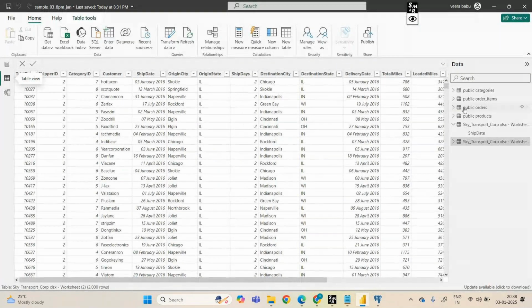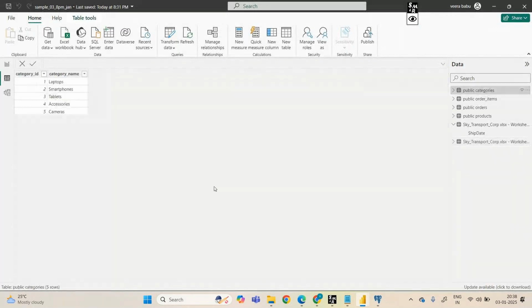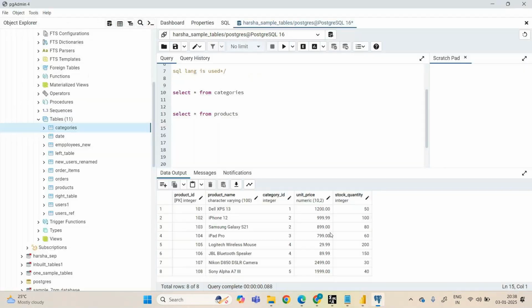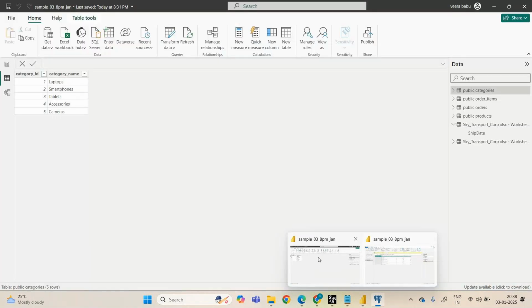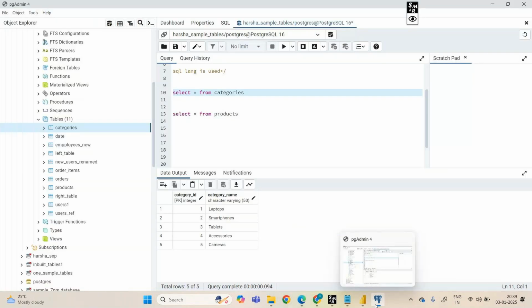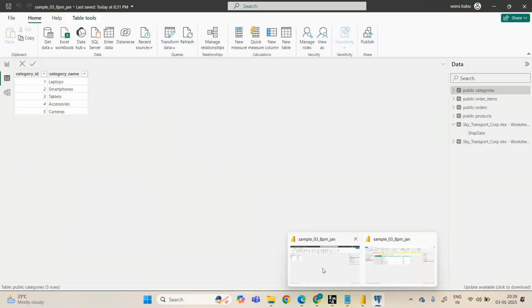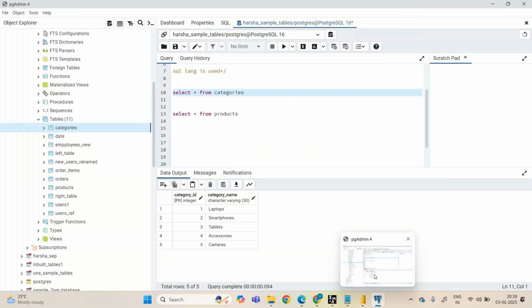This is a table which we have extracted, which I've taken from the database. Same table here also: laptops, smartphones, tablets, accessories, cameras. You can see it in the database. The same data we have taken from this PostgreSQL database to Power BI.